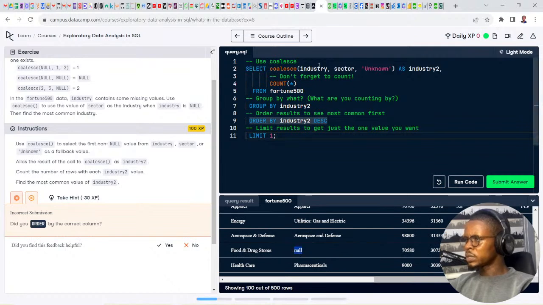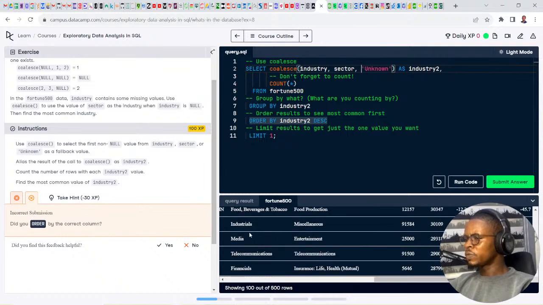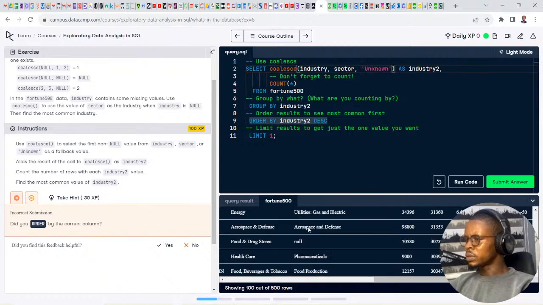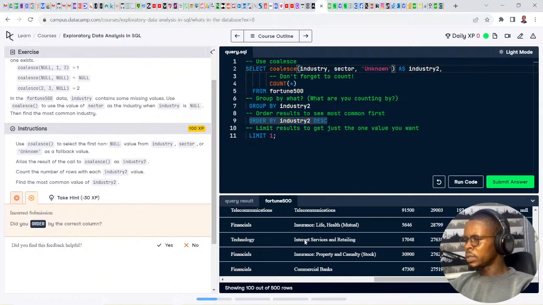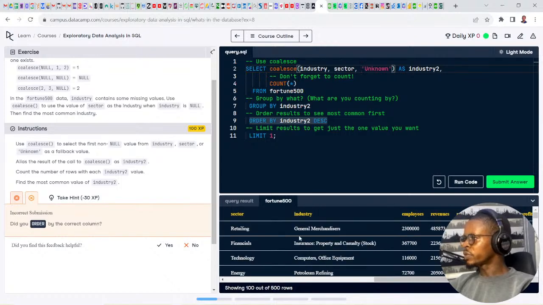So when coalesce checks this industry column and sees this null value, we're going to return the sector instead. Then this unknown means that if there are two null values in these two columns, it's going to return unknown. That is correct. I'm trying to explain how the function works.